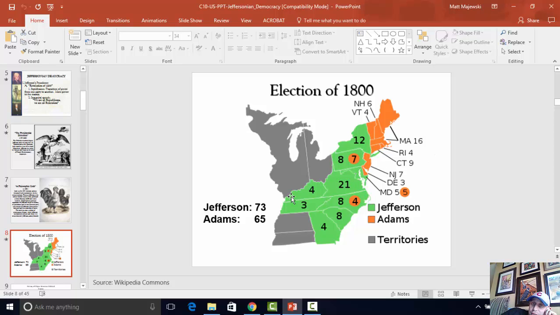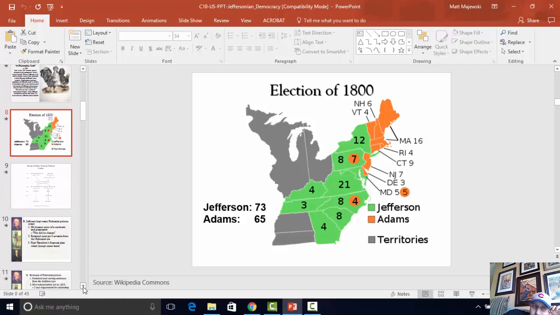There's a number of interesting facts here, right? I mean, look at Virginia, 21 electoral votes, Massachusetts, 16. Those are the large populous states, right? New York's a big one with 12, so it tells you kind of the demographics of the country. But you see new states that are formed, right? Kentucky, Tennessee, more heavily involved in this election than ever before. There's Vermont, right, as well.